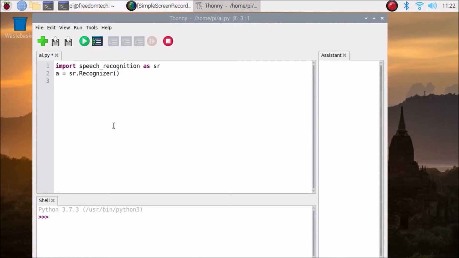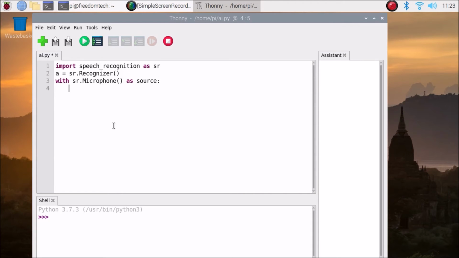Then we are going to use our microphone as a source. So with sr.Microphone() as source, like this way, we are going to use our microphone as a source. That's it.